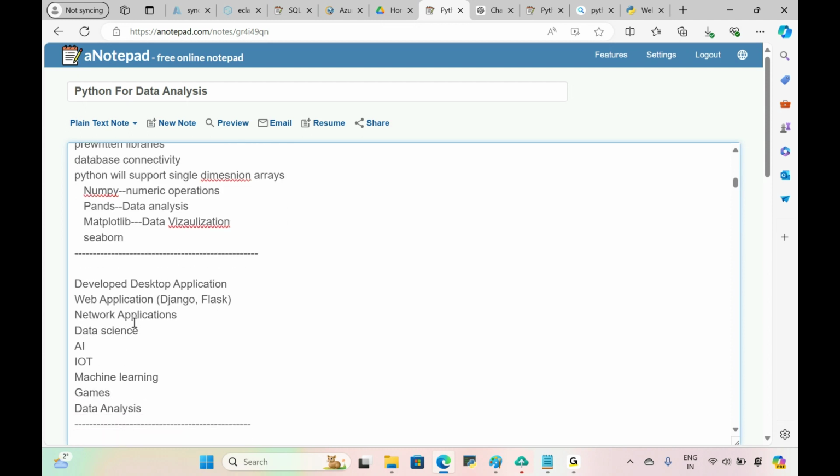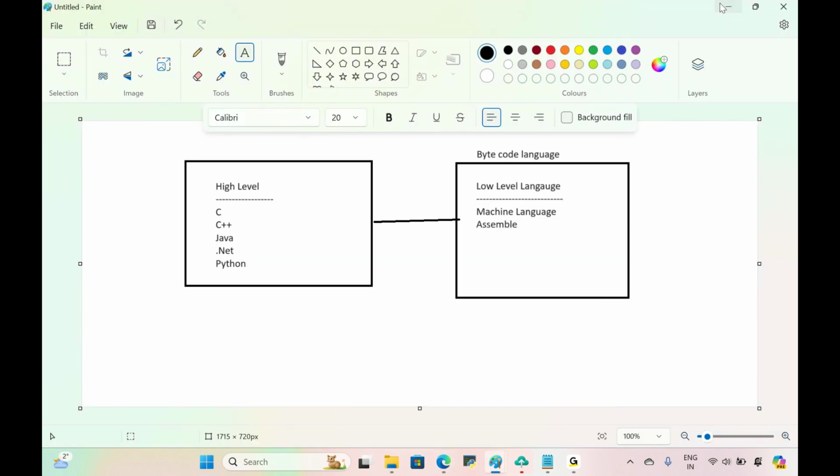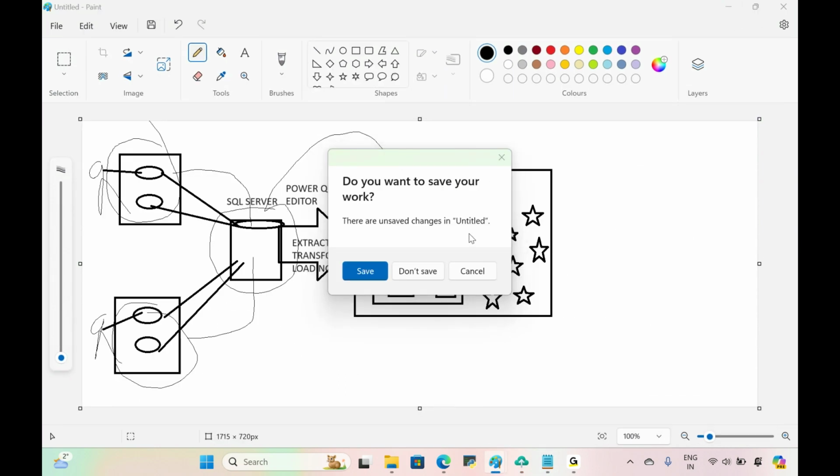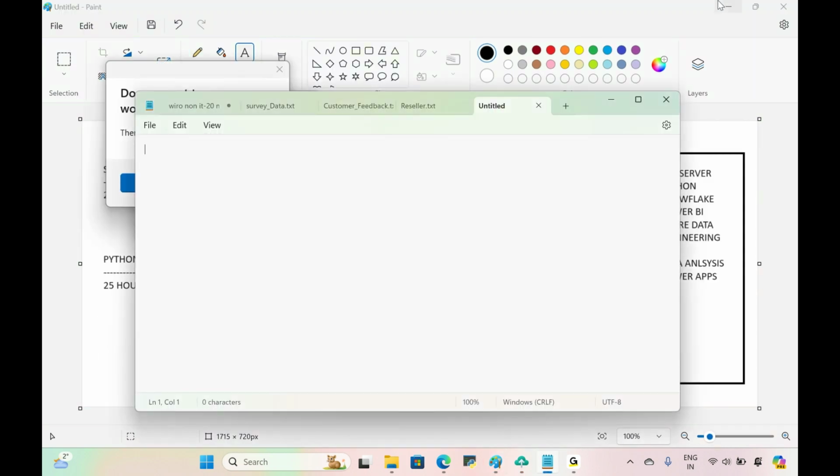Okay. So for what purposes can we use Python? Can I use Python to develop a desktop application? Desktop application means something you want to develop on your desktop to do something, like when I'm clicking on this application,